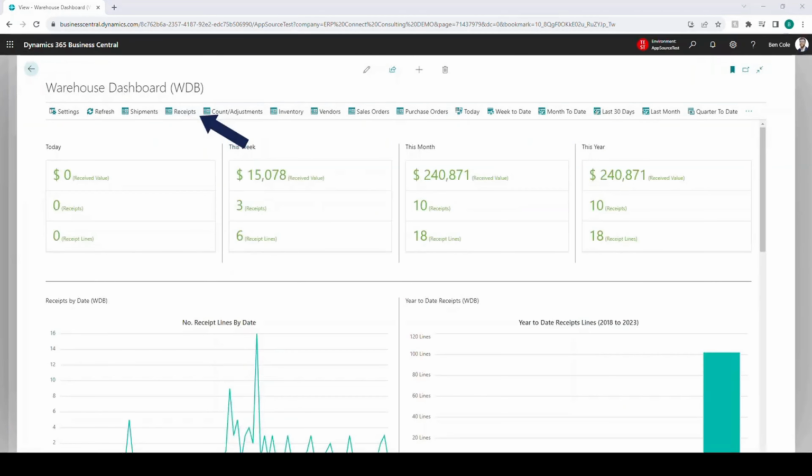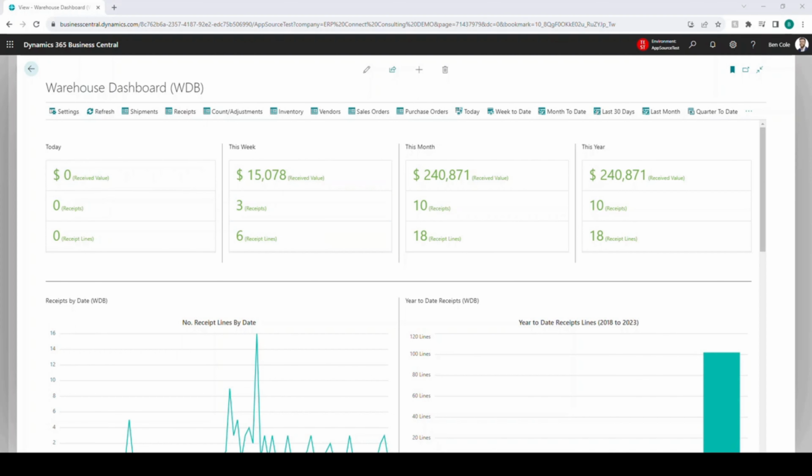So in this next chart, one of the first things you'll notice is the similarities to the shipments tab. So we're just going to run through this one because a lot of the information is very similar. The first thing you'll see is that we can see how much has been received today, this week, this month, this year. And then again, similar to the shipments tab, we see the total received value, how many receipts that makes up, and then how many total receipt lines for, again, today, this week, this month,